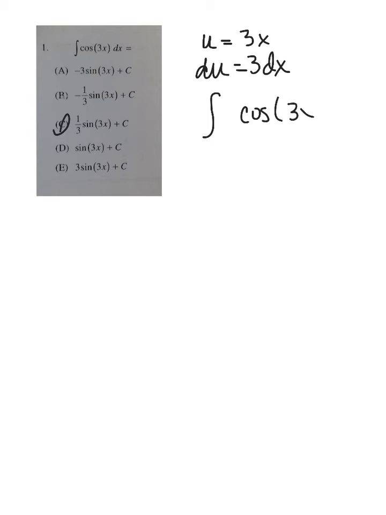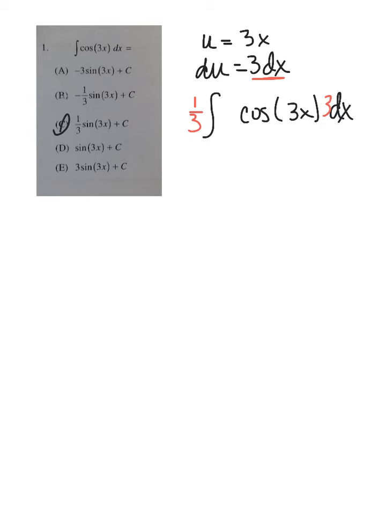Okay, the answer for number 1 is C. All right, so I would do u substitution, and I would make my u 3x, which would make my du 3dx. So then if we look at what we have here, we have the cosine of 3x dx. Then what I need is a 3 here to match that 3dx, which means I need a